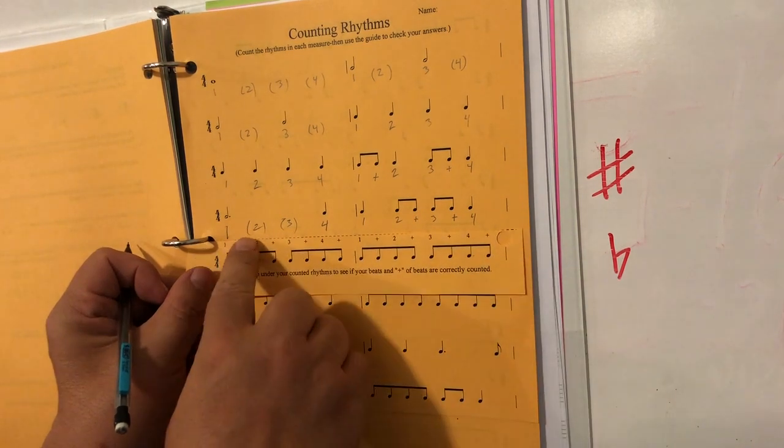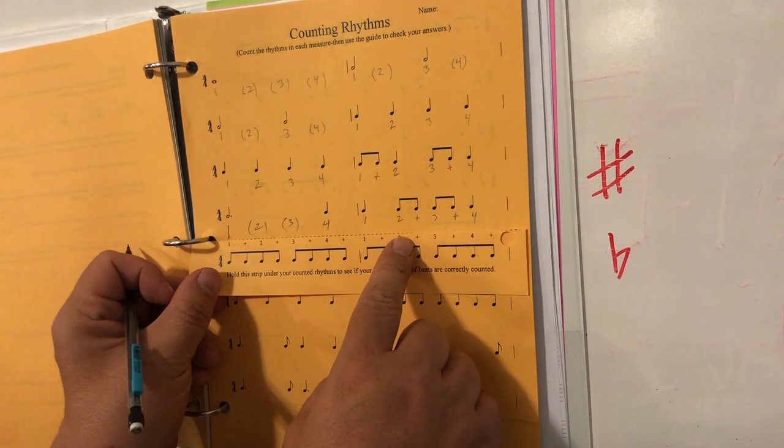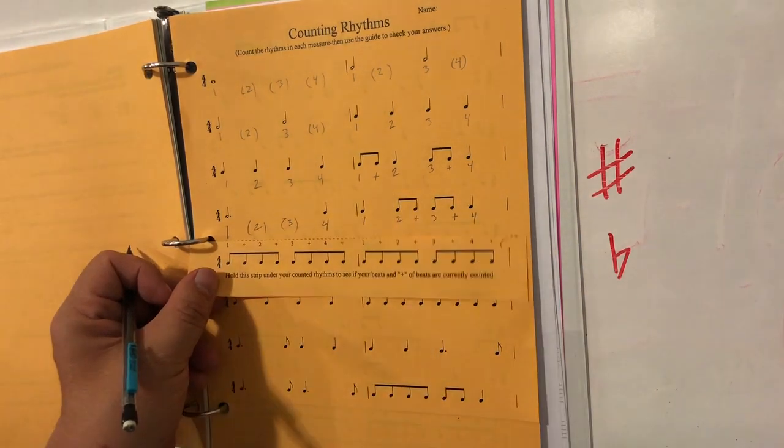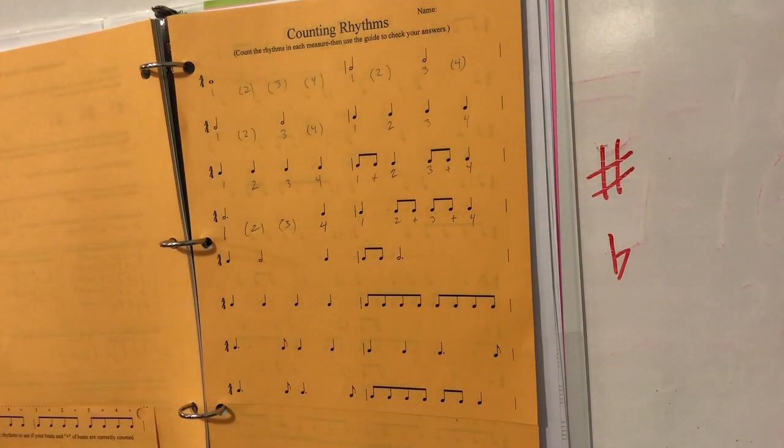So 1, 2, 3. This is on 4. 1, 2, and 3, and 4. Again, don't write the ands in unless there's an actual note underneath. Write all the beats in, okay? All right, well,